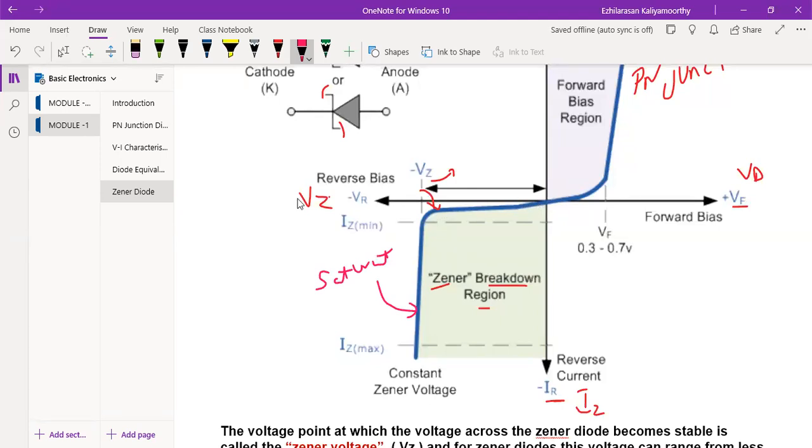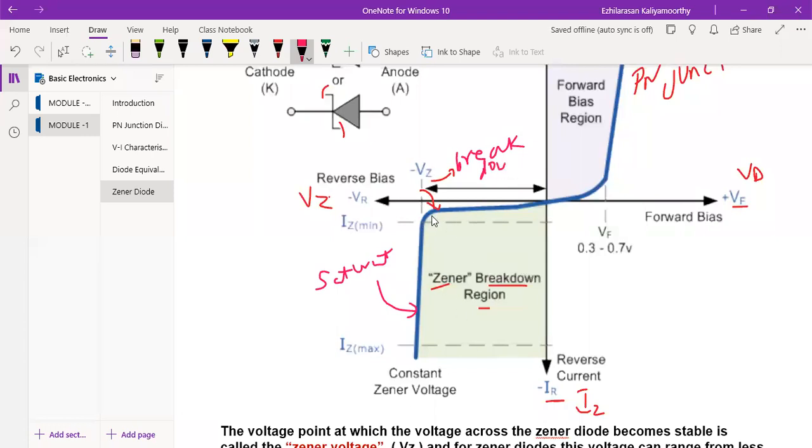What happened during the reverse bias? The Zener diode is getting increased negative, so we are getting a very small amount of current. After one particular point, what happened? That is breakdown. Correct. So this point, the point which is breakdown, can be called the breakdown voltage. That is, we can say the Zener breakdown voltage.